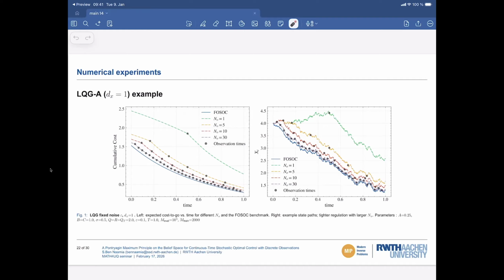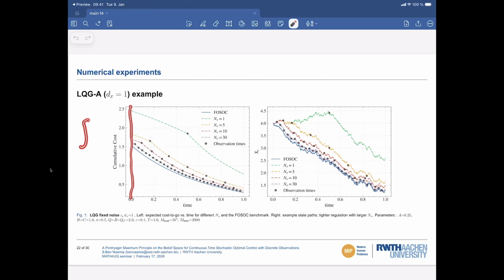Here, as you can see, this is a problem where you actually only observe at time 0.5. So the number of observations is actually equal to 1. And what one could expect is that the more observations you have, even if they are noisy, you would still get a better and better cumulative cost. So the cumulative cost, just so you know, this is this value here,